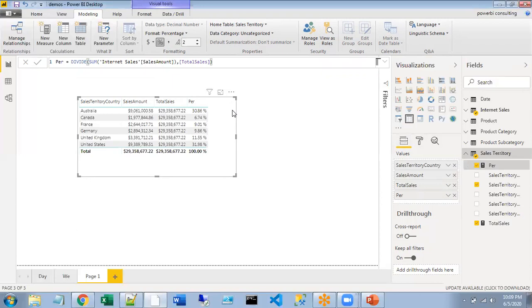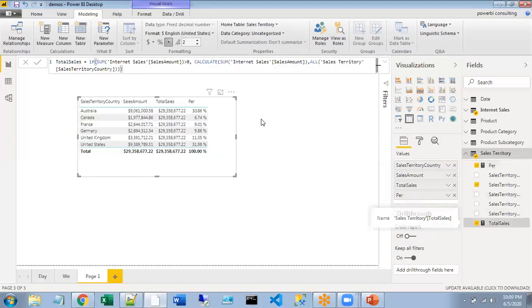Okay, so if you ask me how the measure gets evaluated, you see here, this is not the measure that we have created. Let's see, this is the measure, right? So what we have done here, if you go to your total sales, you set the sum of sales amount by considering all the countries. So you said ALL, and the ALL function ignores the filters that have been applied on top of the column.